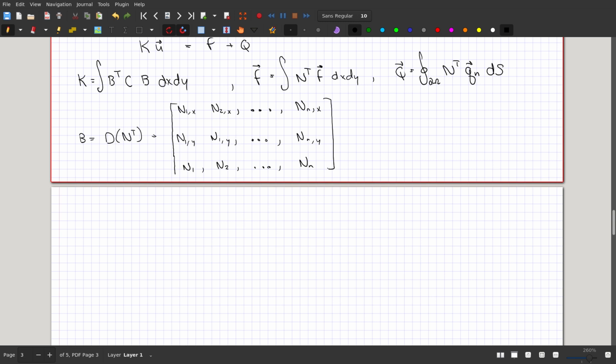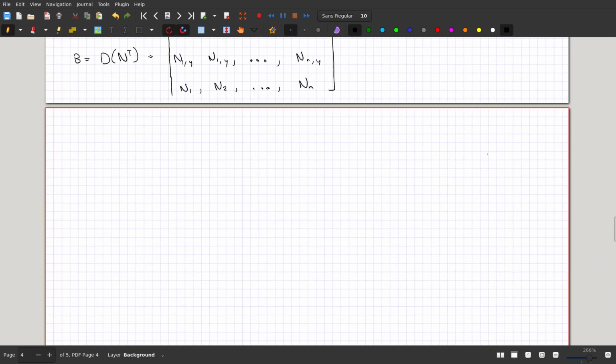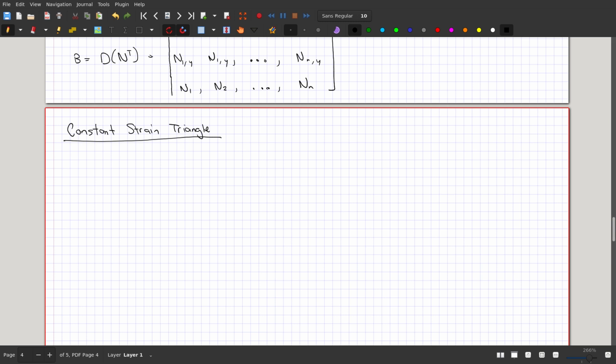In 2D we have choices, right? And the most common choices are triangles and quadrilaterals. So we'll start by looking at what we call a constant strain triangle. And even though we call this CST,